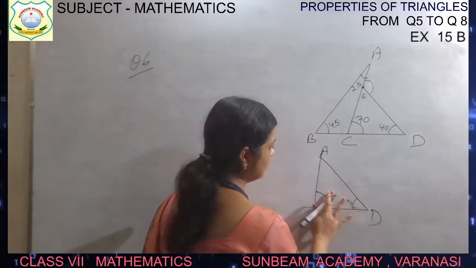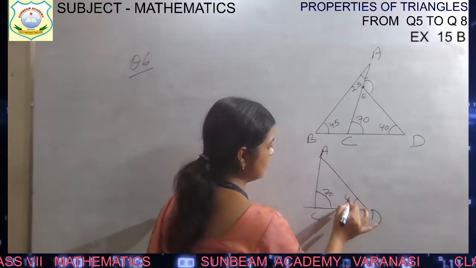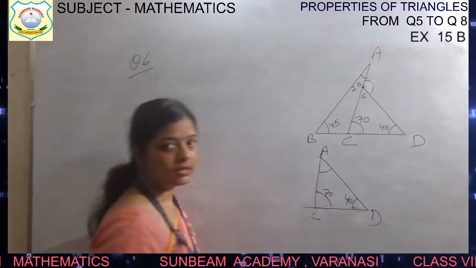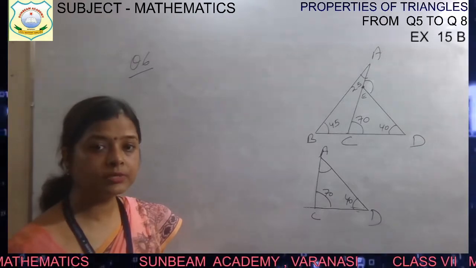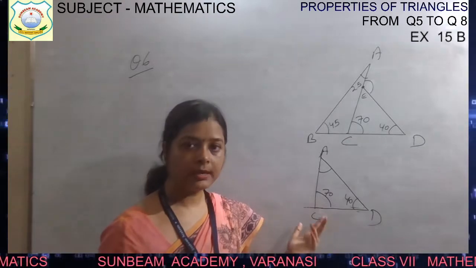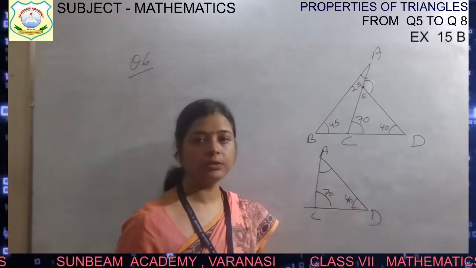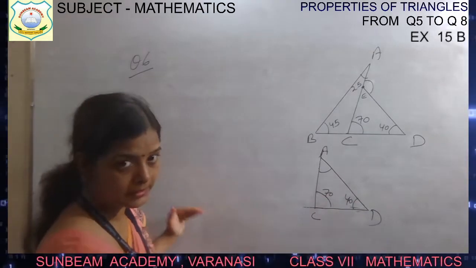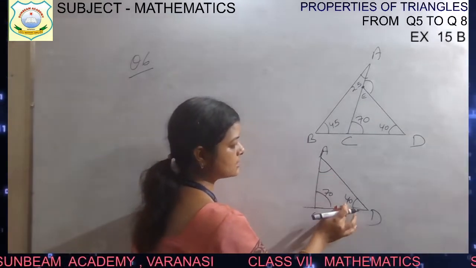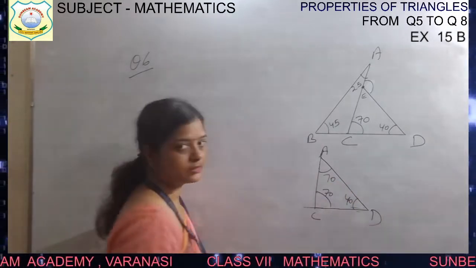Now, children, these two angles we know. This is 70 degree. Just now we have found that this is 70 degree. And angle D is already given in the question that it is 40 degree. So can we find this angle? Yes, by using angle sum property of triangle. The sum of all three angles is 180 degree. So by using angle sum property of triangle, angle A plus angle C plus angle D is equal to 180 degree. You will write it fully step by step. Give the reason, angle sum property, and find the third angle. 70 plus 40 is 110 and we subtract from 180, so it will be 70. This will be 70 degree.